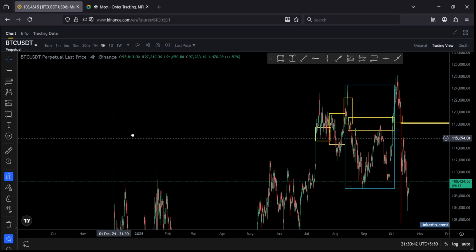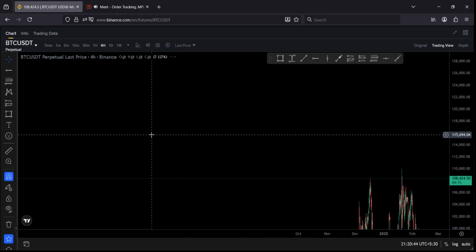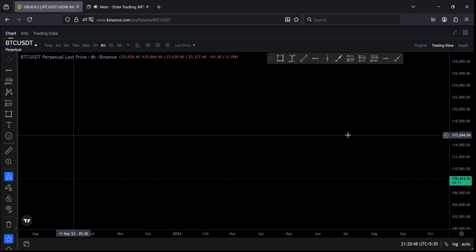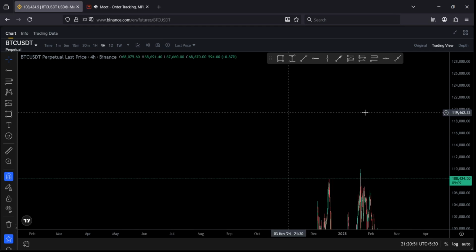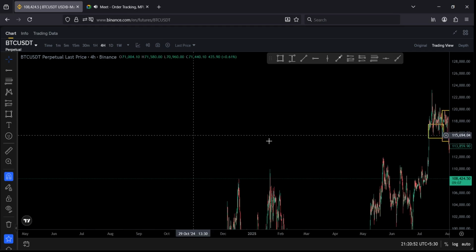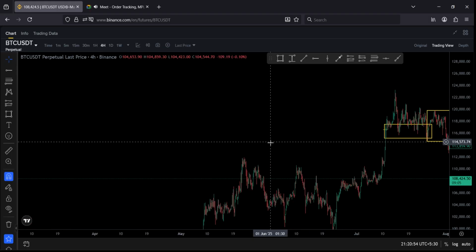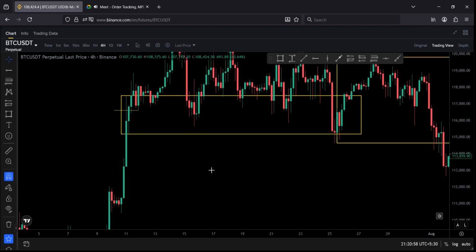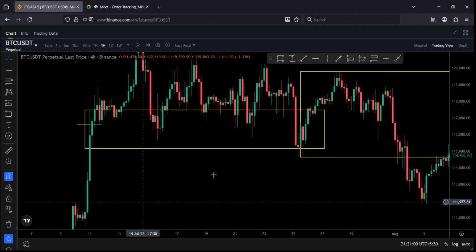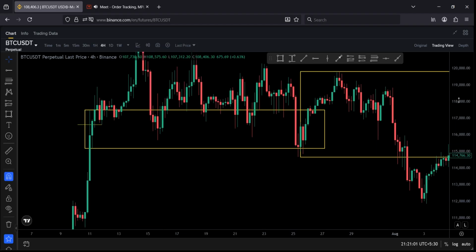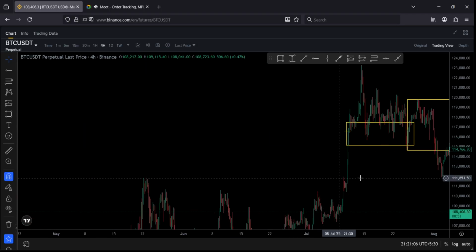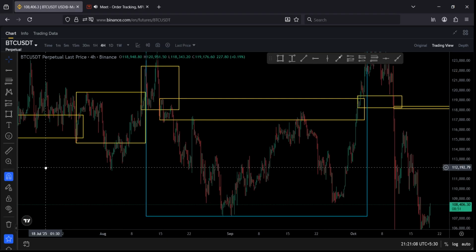If you look here and go into the past, do you find anything? Nothing. If we have nothing on the left, we have to start somewhere. That's why we started with this minor and major FTR. Where we have minor and major FTR, we start from there. This is our order tracking method.